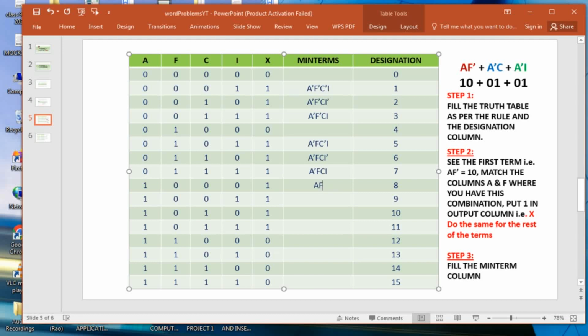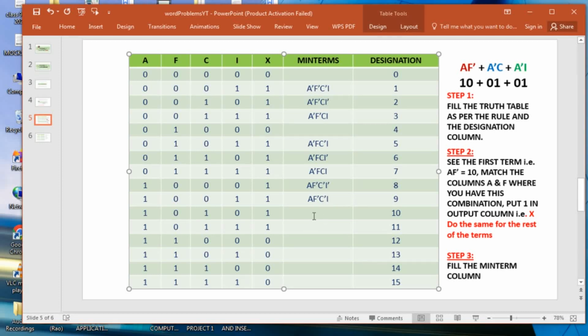F is complemented, C is complemented, I is also complemented, right? And then also out here you have to do A is normal, then F and C is complemented, and I is normal,